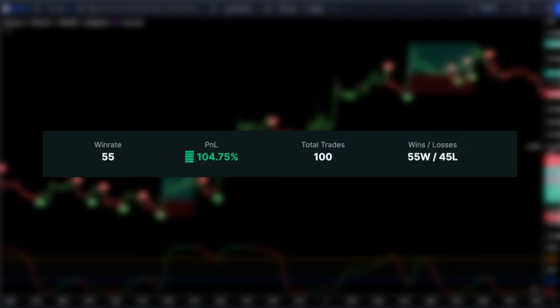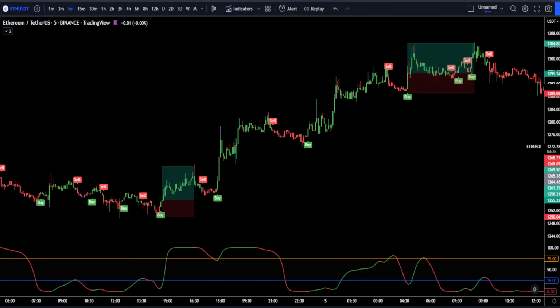Our account size has increased by 104% after 100 setups, which tells us that this strategy is definitely making some good money. The profit factor is 1.83, and we had 6 consecutive wins against 3 consecutive losses. So overall, I think this strategy is pretty good, and now let me give you some tips on how to